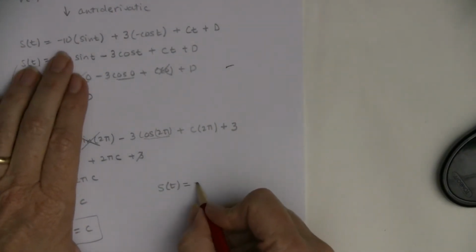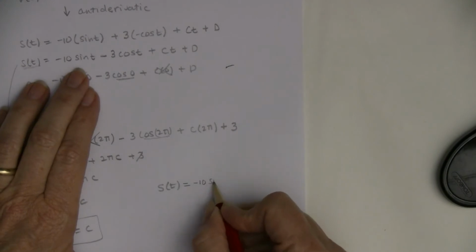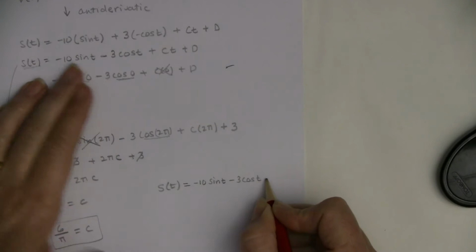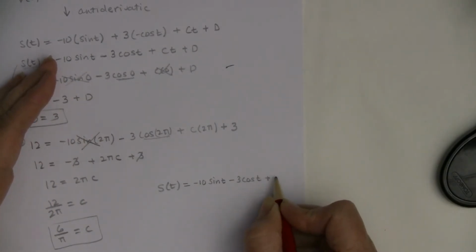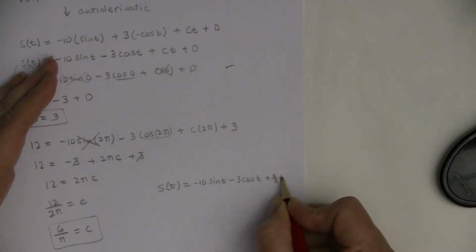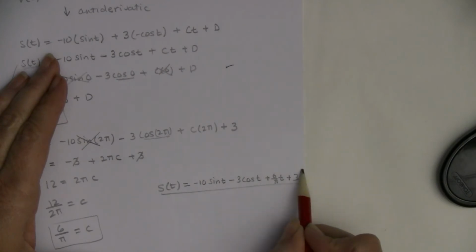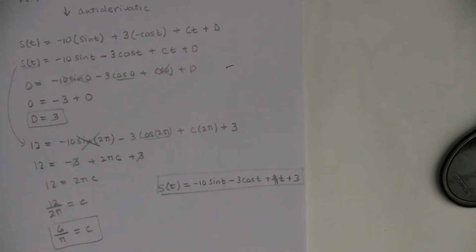equals, and I'm just looking up there, negative 10 sine of t minus 3 cosine of t plus 6 over pi t plus 3. Almost didn't fit on my paper. I had to get kind of squinchy at the end, but okay, so that's kind of the story on that one. Okay, now the other one that I was asked to do